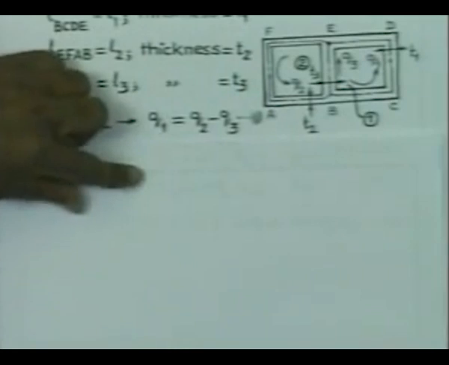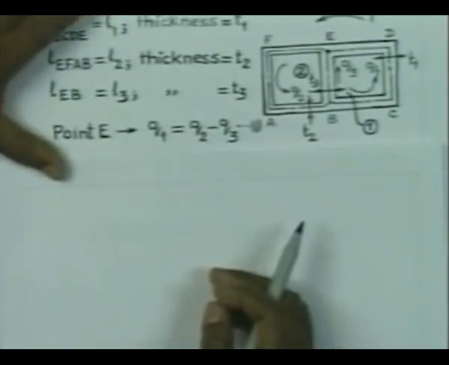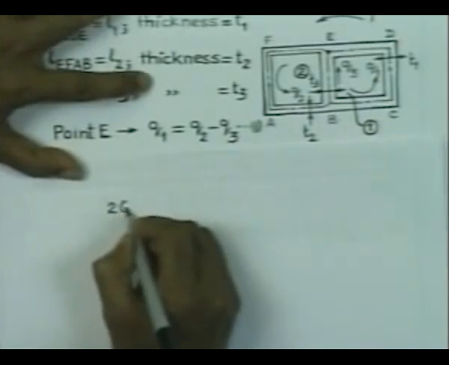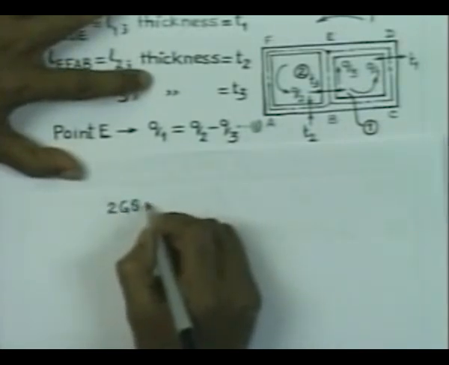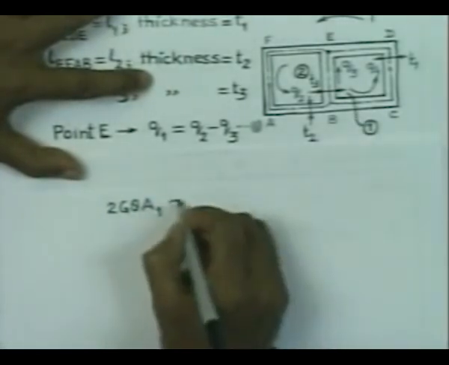The whole section is going to rotate as a single unit. If we consider that the angle of twist per unit length is theta, we can write that 2G theta into A is equal to the integral of the quantity tau into ds. If I now consider cell number 1, we can write 2G theta into the area of cell 1,